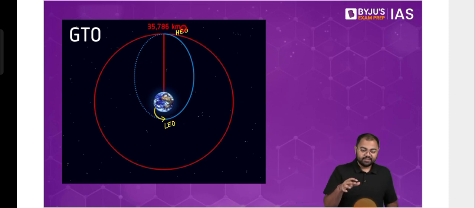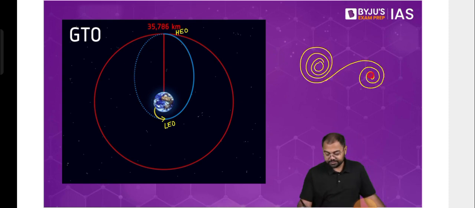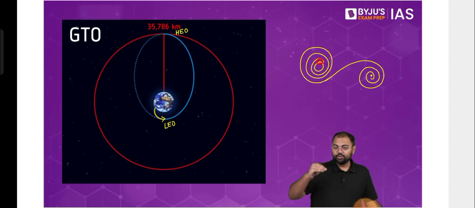You might have seen this with Chandrayaan 3 as well, correct? Although it's not a geosynchronous transfer orbit, that's also a transfer orbit. What you might have seen is that from the Earth, when Chandrayaan 3 is launched, it first starts to increase its maneuvering, and then it goes like this, and then it starts to decrease here, correct? Something like this has happened. So this is also a kind of transfer orbit. Similarly, this GTO also is a transfer orbit, and in this scenario, from low Earth orbit to high Earth orbit,